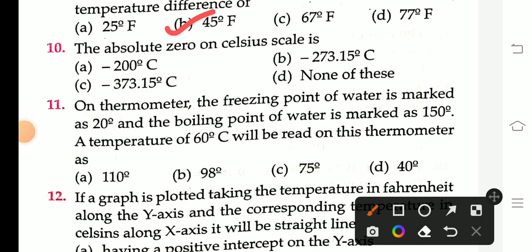The absolute zero on Celsius scale is? Right answer option B, minus